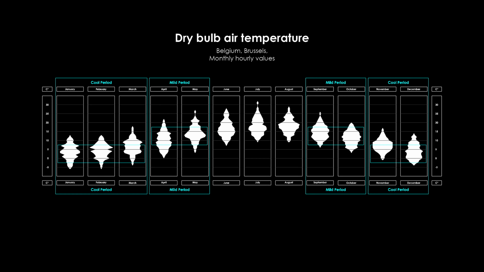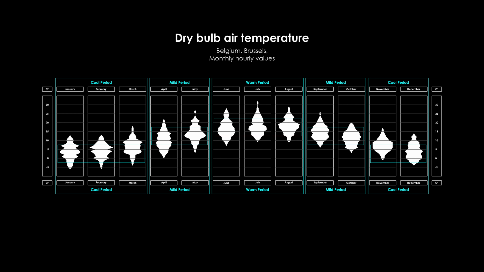And then we can see yet another jump, where the bulk of the temperatures now oscillate between 12 and 22 degrees. This is not that warm, but let's call this, for lack of a better word, the warm period. Look closely at the shapes and you'll notice how these become more elongated as we move from the cool period to the warm period, implying that there's a higher amplitude as the months become warmer.